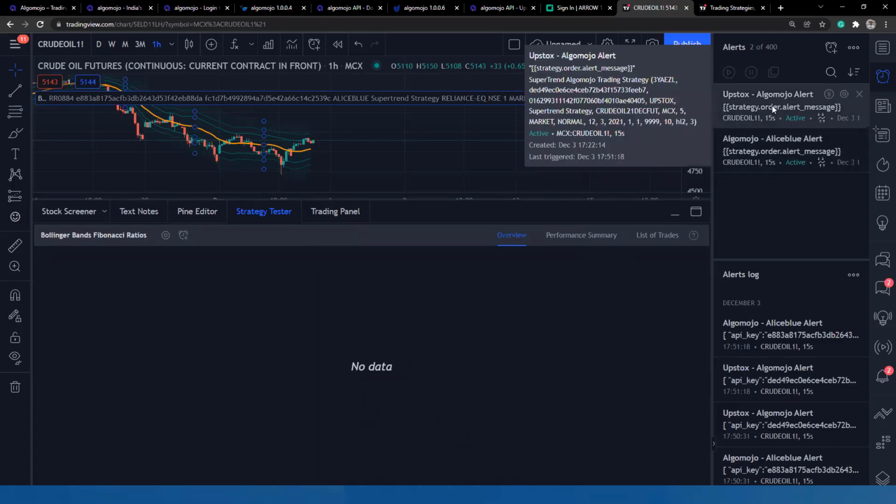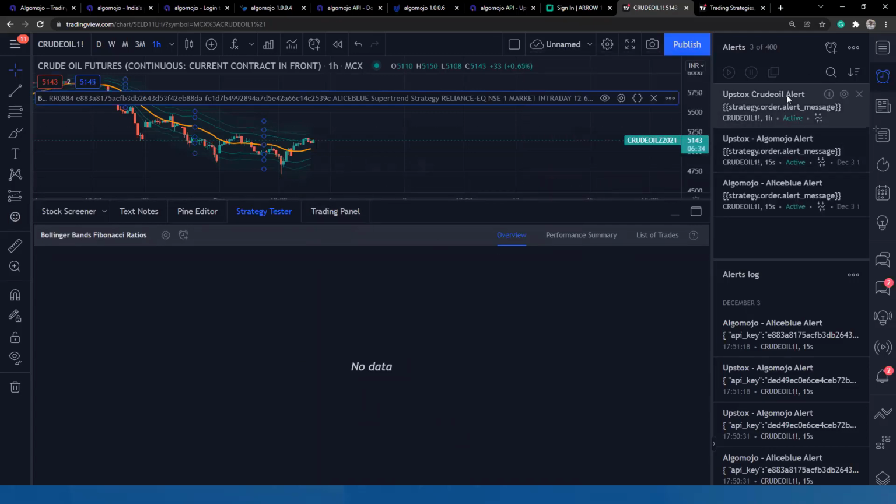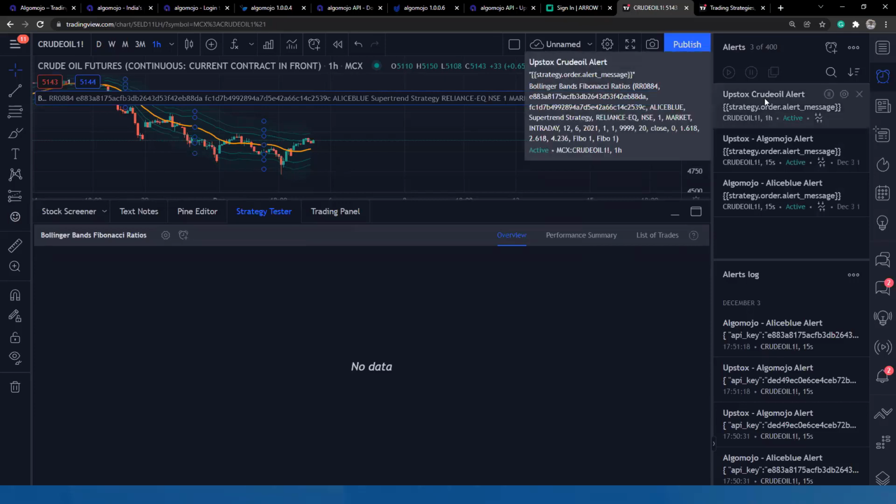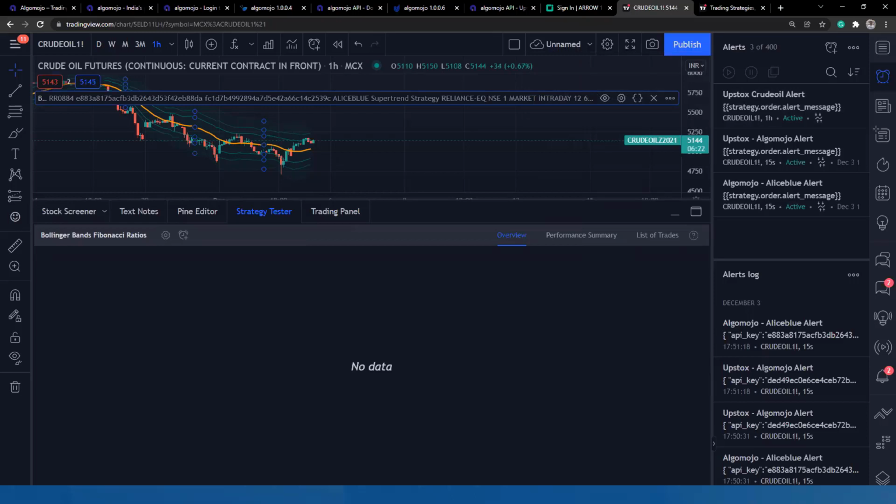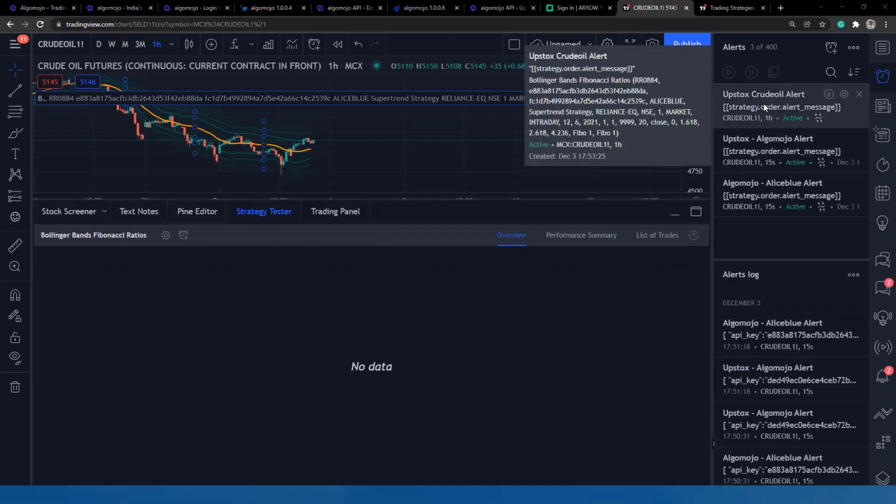Now, once the configuration is done, you can see the configurations for that particular alert. You place your cursor and you'll be able to verify whether all the parameters are right or not. You'll be able to see which time frame it is running. Here I had created crude oil on an hourly chart, so you can see the 1 hour over here, which represents hourly. Or if you place your mouse above the alert section, you will be able to see what kind of alerts are happening.